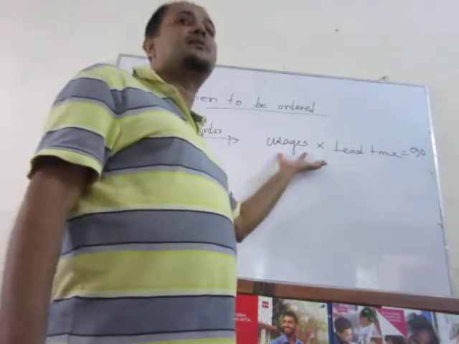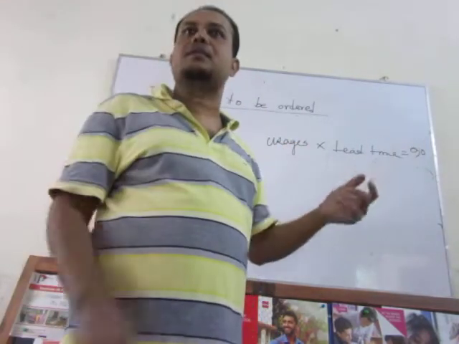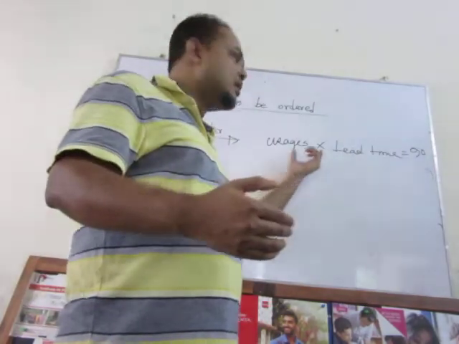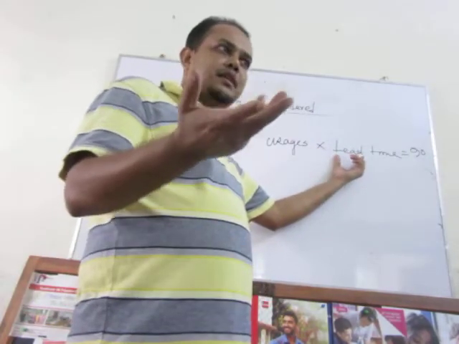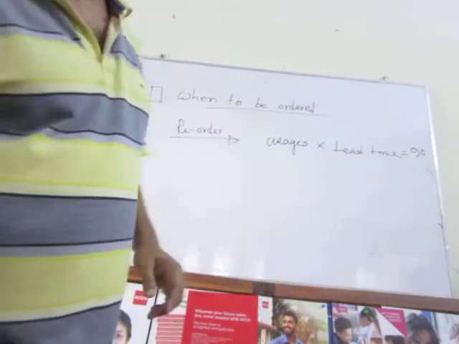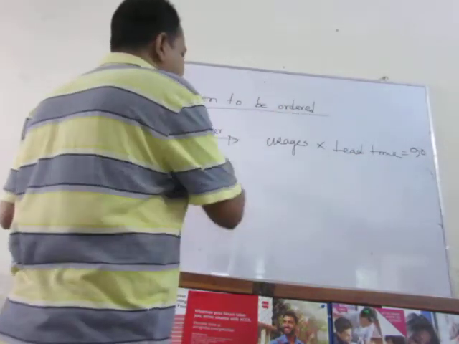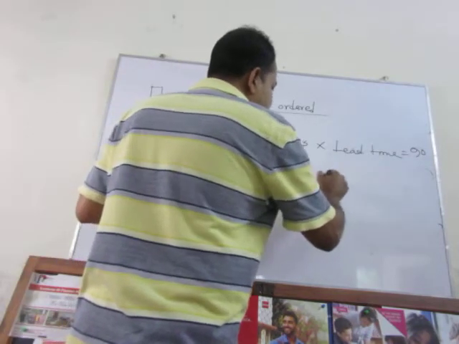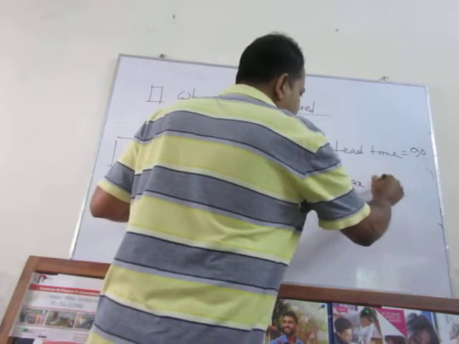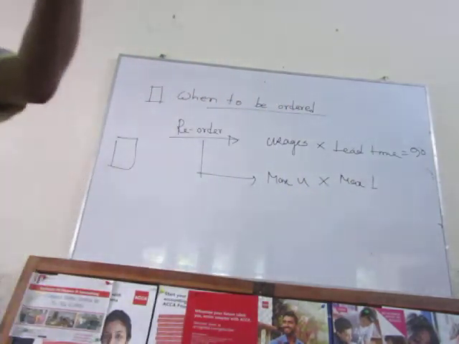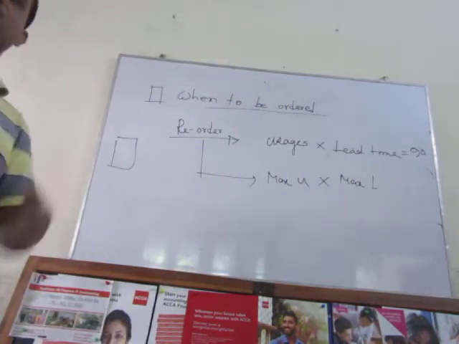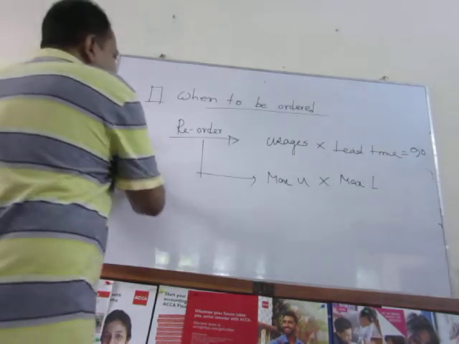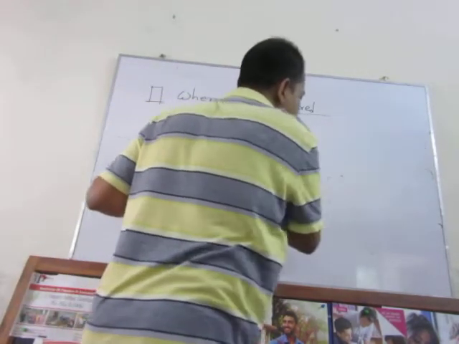So whatever, it may be possible in some cases uses and lead time is not constant. So obviously there will be a maximum uses, minimum uses, maximum lead time, minimum lead time. So when uses and lead time is not constant, in that case, reorder level is maximum uses into maximum lead time. So it depends upon your mathematical problem, which you have to confront. Clear? Okay.